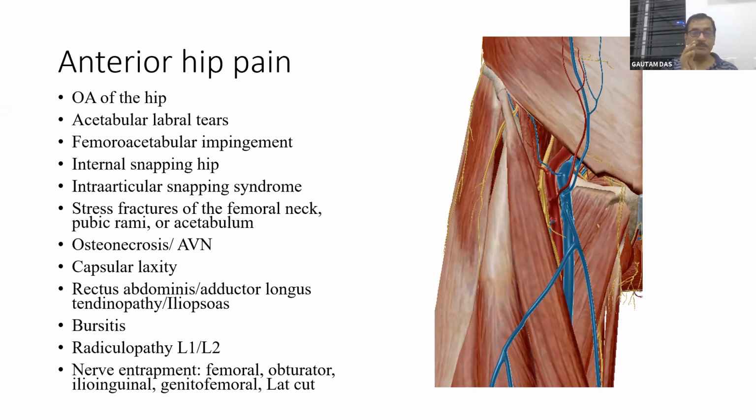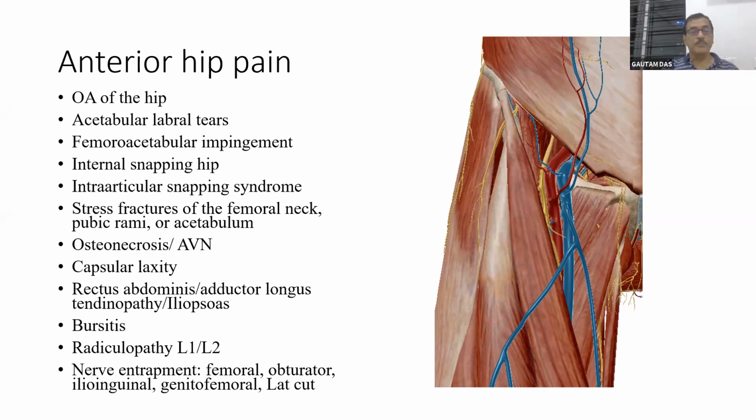I can remember one case where there was some minor trauma. The patient presented with hip pain. Hip pain means buttock pain and hip pain, and a little bit of anterior pain also. Ultimately the X-ray was done. There was no fracture sign, so the patient was confused about the cause of the pain, because X-ray is not enough in the majority of situations. Ultimately we did ultrasonography, and we could identify the labral tear by ultrasonography itself. Then we sent this patient for MRI, and finally the diagnosis was made. So acetabular-labral tear is one of the important causes, particularly after trauma. Even if you don't see any fracture, labral tear is still an important cause of pain.